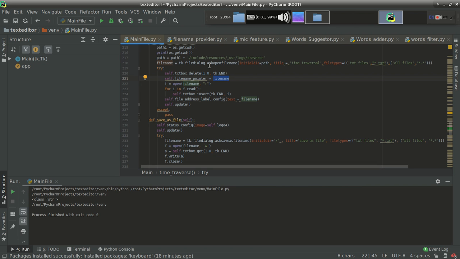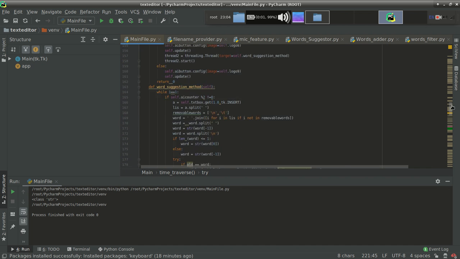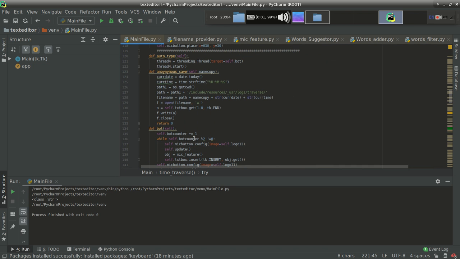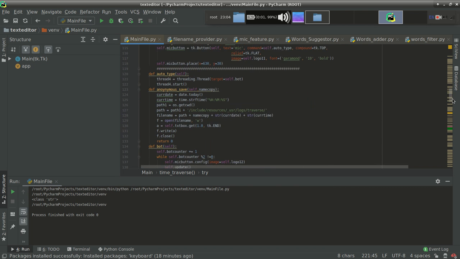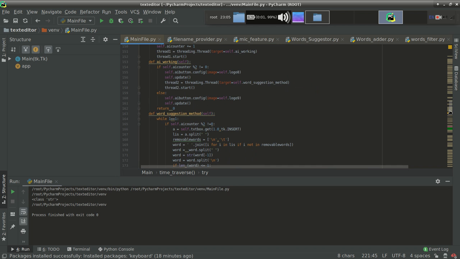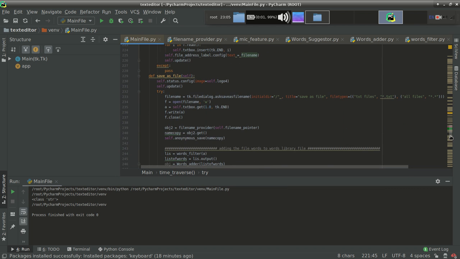If you remember file name provider, we have to pass the file name along with its path, and this class will do automatic filtering for me, and it will return me the name of the file only, not the path. So let's do it. What we have to do is, file name provider, actually the name of the file was. Let's see where we have defined that. Actually, I think it was in anonymous save.